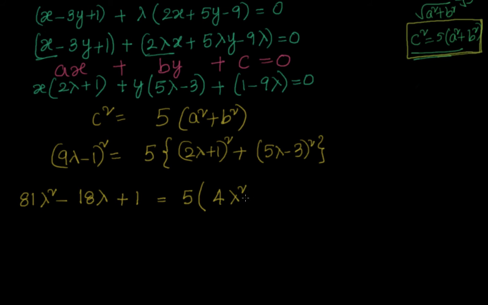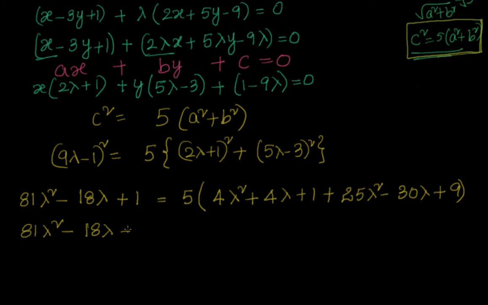I will have 4 lambda square plus 4 lambda plus 1 plus 5 lambda minus 3 whole square. If I expand, I will have 25 lambda square minus 30 lambda plus 9. Now let's simplify this. I will have 81 lambda square minus 18 lambda plus 1 equal to, let me just simplify this, 4 lambda